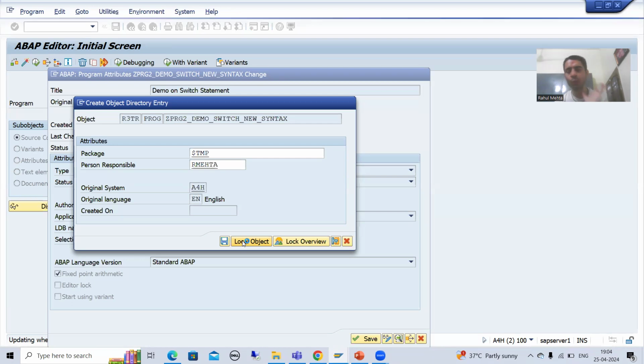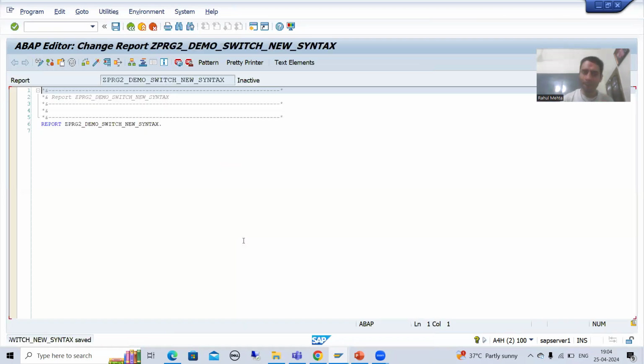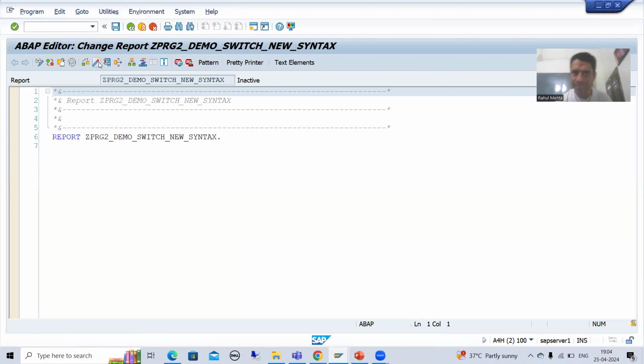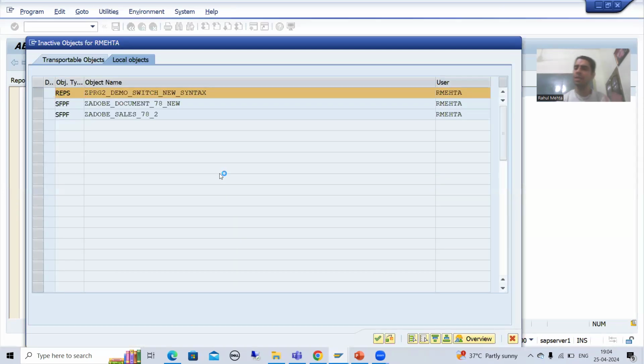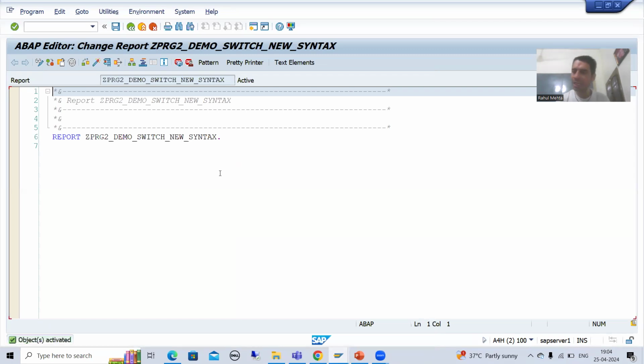Now, in this particular program, based upon the input, we will display the output as a month. Suppose if I give the input as 1, we will display the month as January. If I give the input as 2, I will display February. If I give input as 3, I will display March. Similarly for the other months. If I give an input greater than 12, because we have 12 months, I will simply display that please pass the right input,